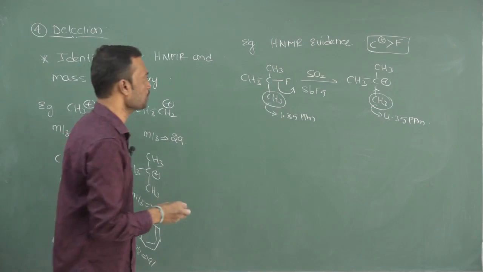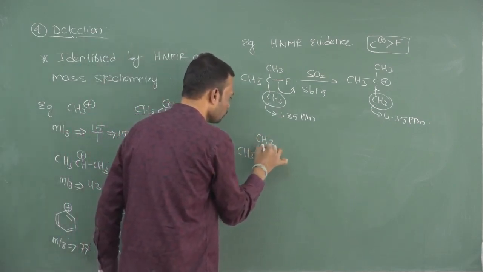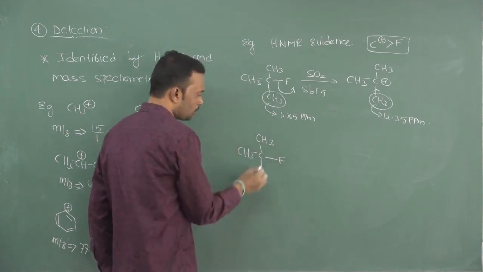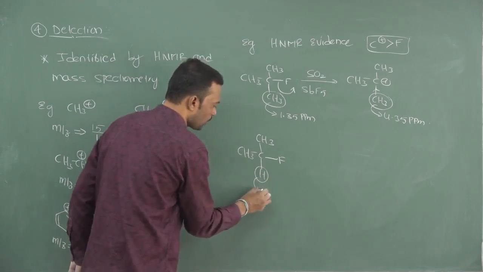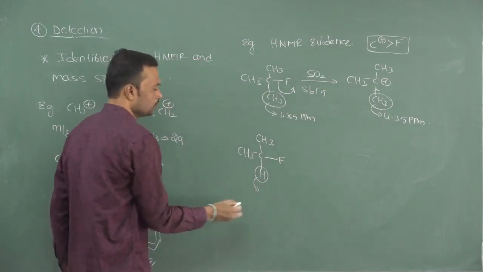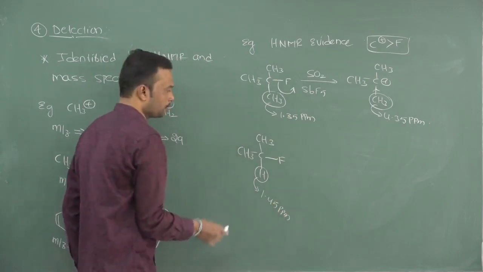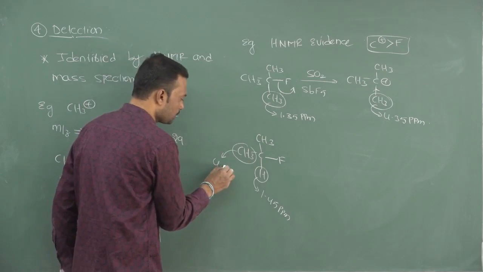This is HNMR evidence. Now, I am taking one more example with 2 different types of hydrogens. Here one hydrogen and this is fluorine. Now, this carbon has hydrogen, but here there is no hydrogen. So, if you see this one, this value is a very high value. So, 1.45 ppm or 1.43. Now, this value becomes very high. So, 4.64